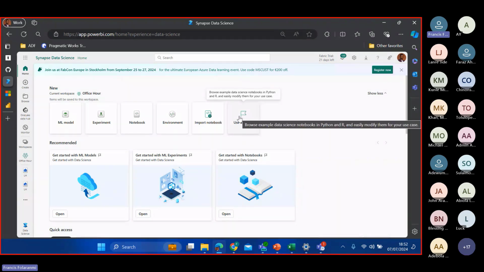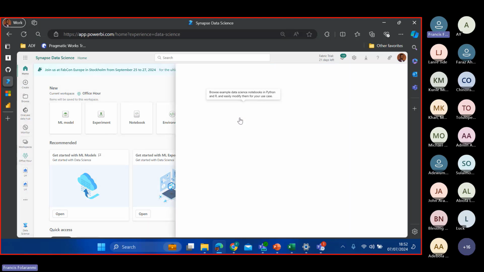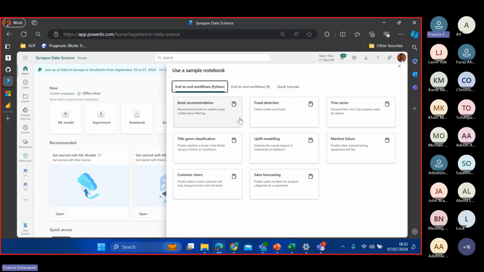Now I said that we are going to be talking about the Facebook Prophet model, which is a time series forecasting model. If I click on use sample, I can see some sample models in our environment. Which is the one I use? I have this time series model, which is the one I adopted and tweaked slightly. So let me just see this.